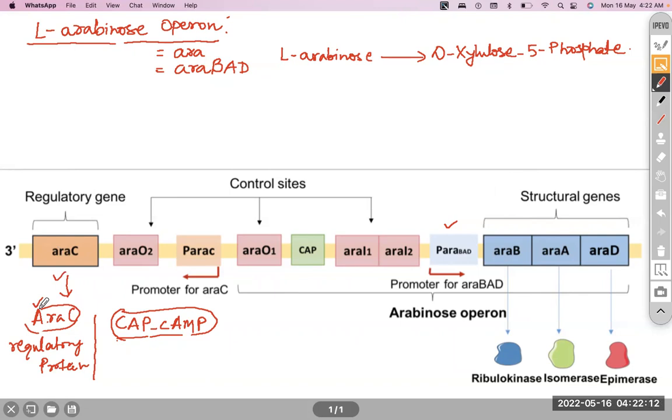Now understand it in more detail. You already know now that the arabinose operon is composed of structural genes. This is the structural gene region and regulatory region. These are all regulatory regions. Control site भी regulatory region में ही है, regulatory region ही कहलाएगा. So this whole thing is यहाँ से तक